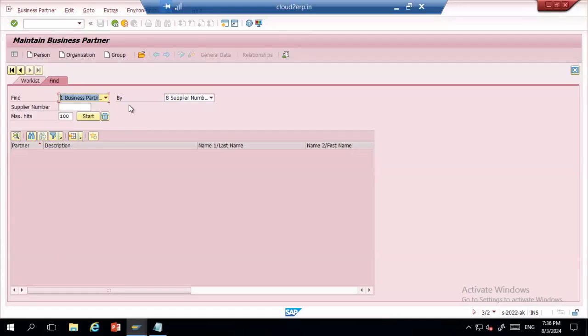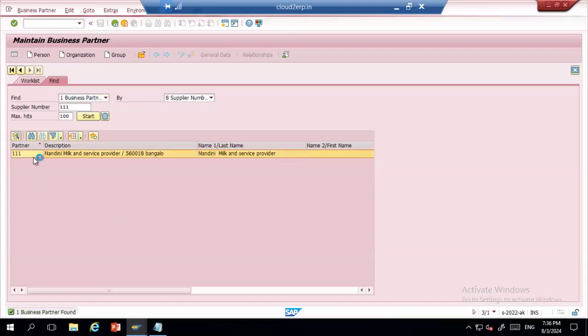Yeah, sorry. So let me open the supplier. In this supplier, you need to maintain the tax of the GST number. It should already have been maintained, so you can maintain a dummy value. It is not mandatory to maintain the correct GST number for testing purposes. You can maintain any GST number as of now for the testing.